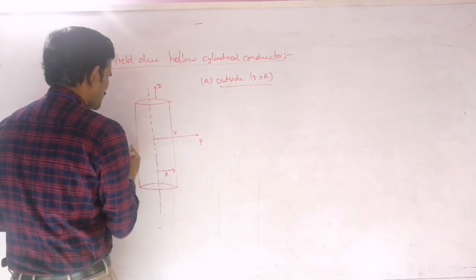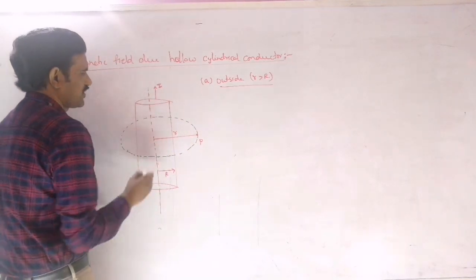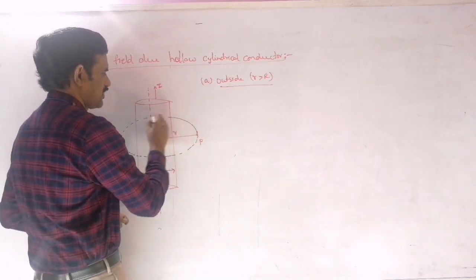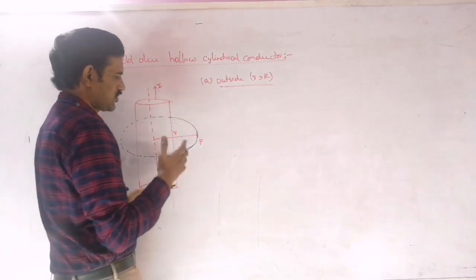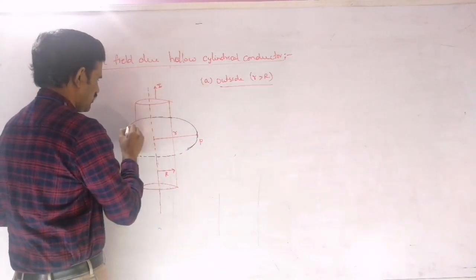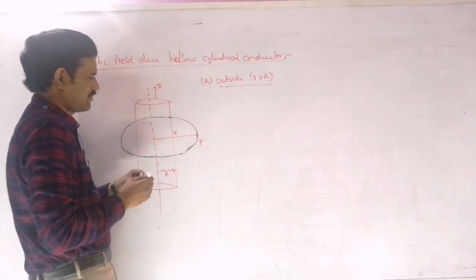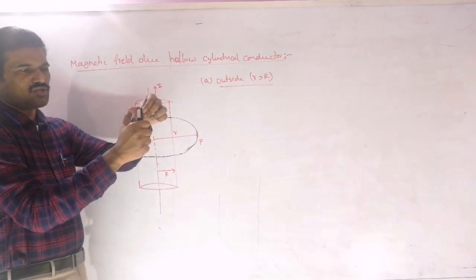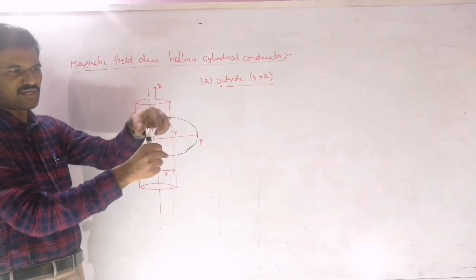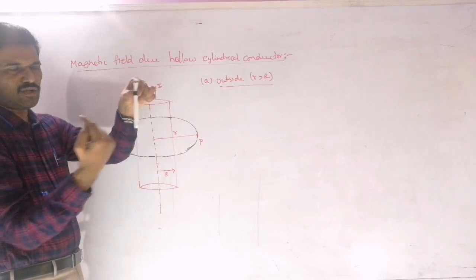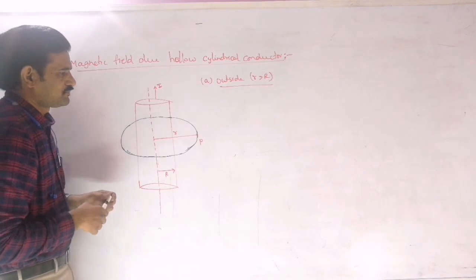Now to apply Ampere's law, we need to choose an Amperian loop. This will be a closed path, so we may represent it with a continuous line. It will be perpendicular to this conductor. So if the conductor is lying vertically, then our circle, the Amperian loop, will be lying in the horizontal plane, that is, perpendicular to that conductor.